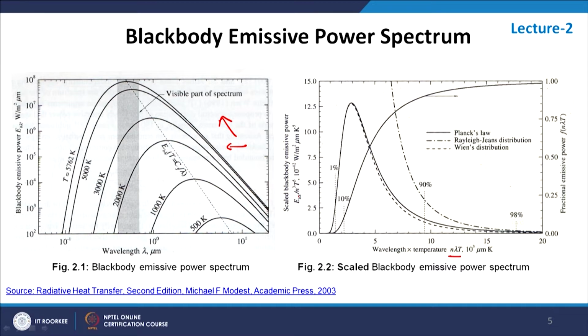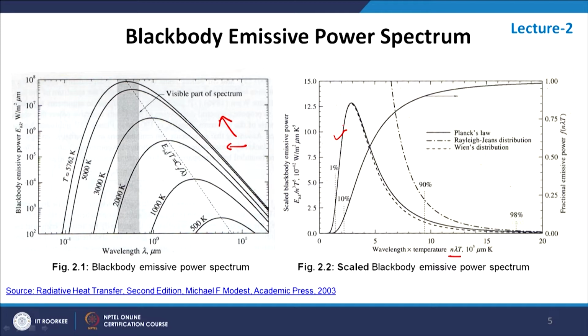So, when we do this, what we observe is that all the curves on the left hand side for different temperatures merge together into a single curve. Basically all the curves for different temperatures collapse into a single curve. Now, this curve has been studied by many researchers with respect to the solar spectrum. And the solar spectrum, we know, behaves like a black body emissive power, at 5770 Kelvin.